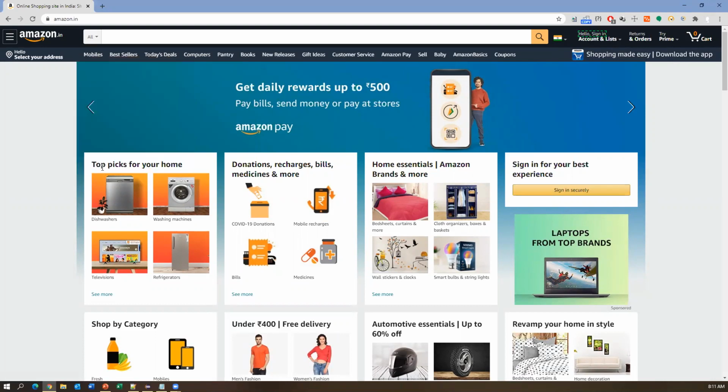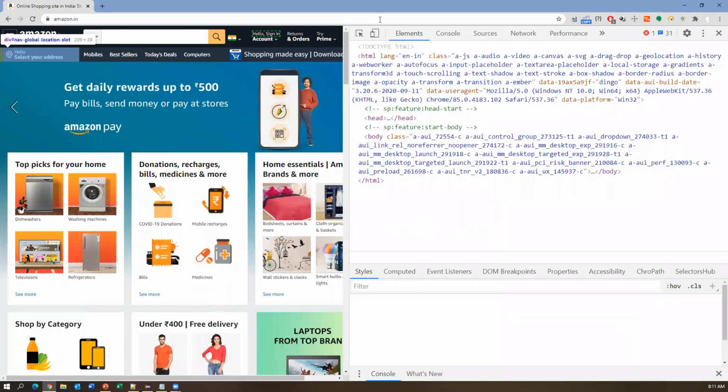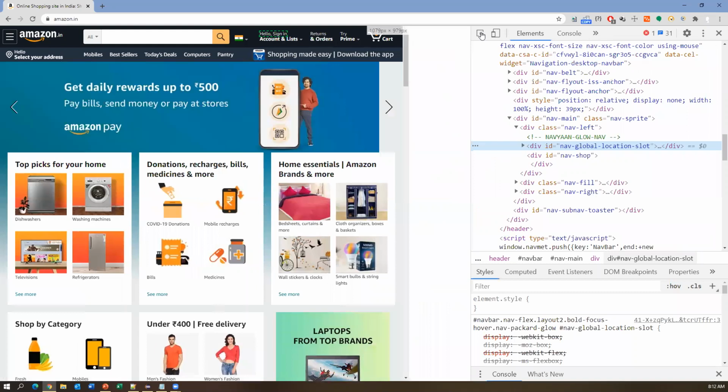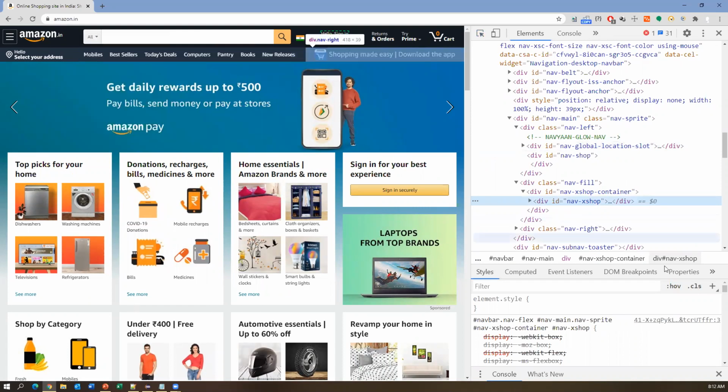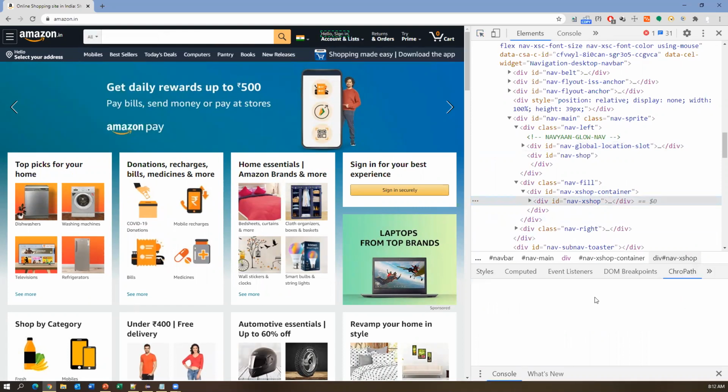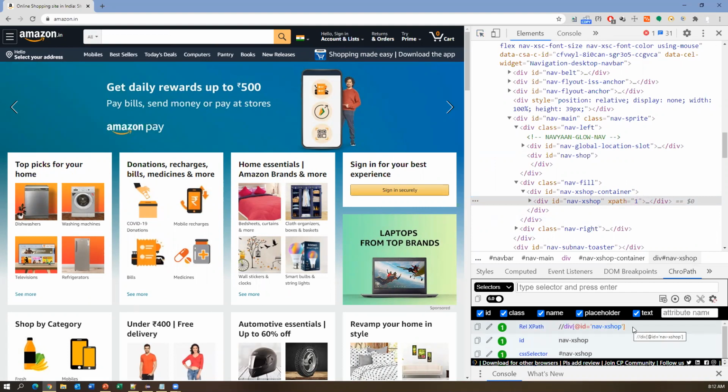Let's inspect that menu bar. Let us try to inspect the menu bar. Okay, menu bar in the sense, this is the menu bar highlighted. So I'm just highlighting the menu bar. And now if I just go to XPath, you get some XPath here. And this XPath is highlighting the menu bar. Okay, but it is not showing in the web page. But I think this is a hidden element. So no problem. You can see one element is matching. So this XPath is exactly matching this menu bar.